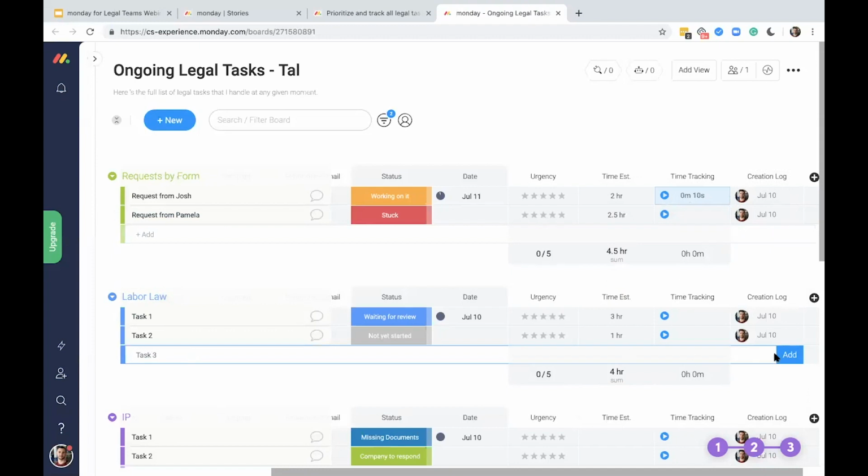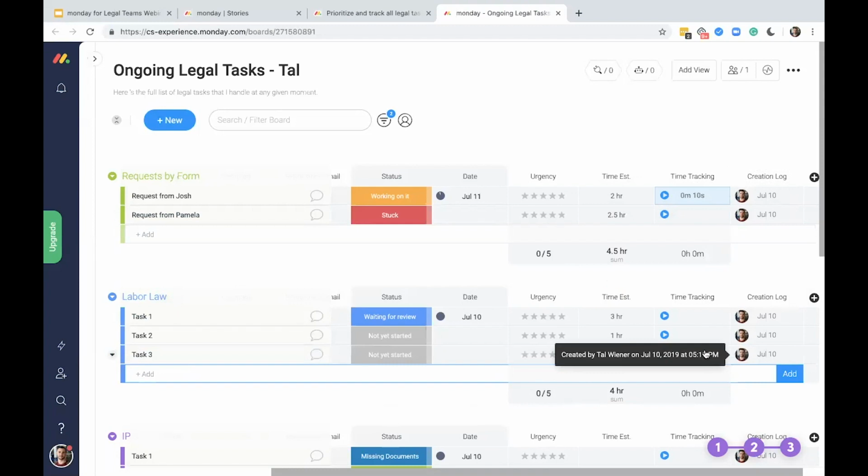As you can see, it automatically takes the date of today, and it can also tell you the exact time on which you started working on this task or added it to your board. Now,